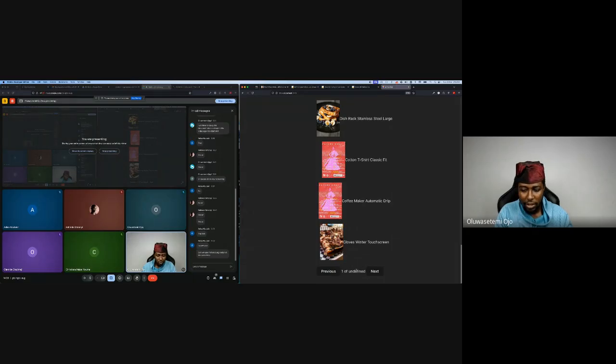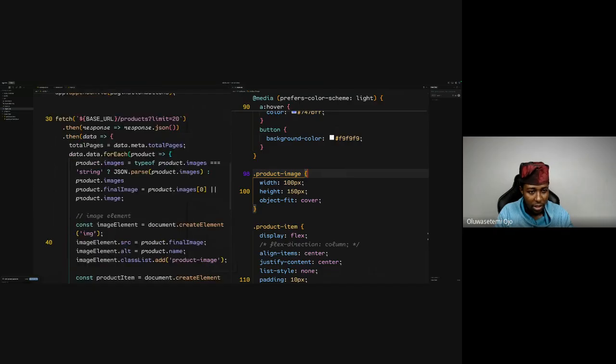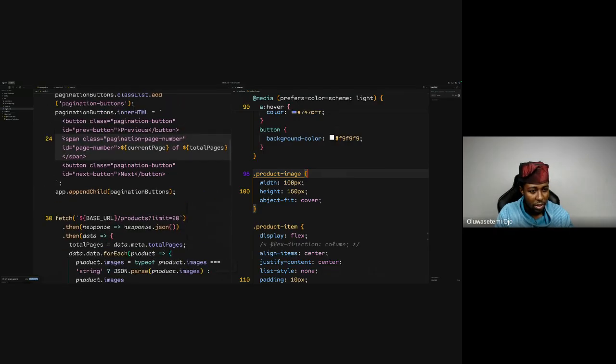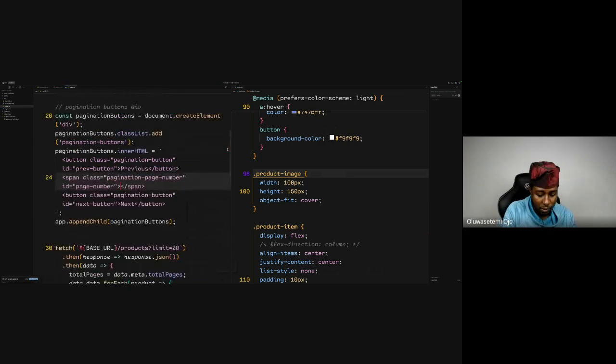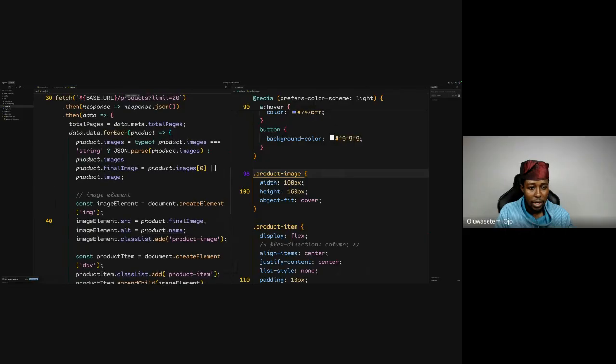Okay, I need to repopulate that page. Sorry. So I need to repopulate the page by saying this. We want to say span dot get pagination number dot text content. Or let's just say this is loading. Let's just set this to loading initially so that this would look good in a way. Loading, right? So that until our page loads,